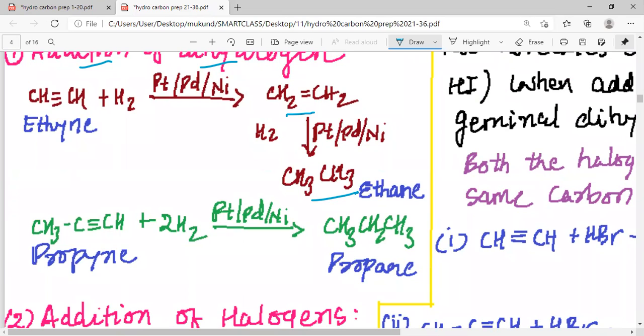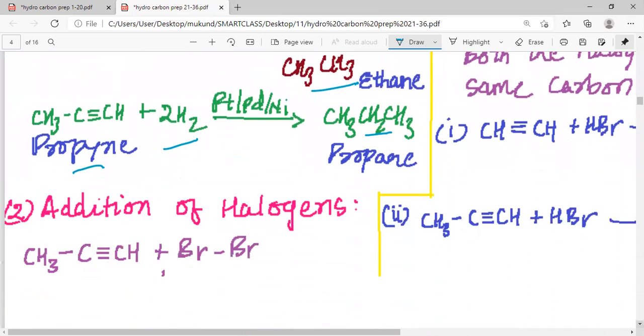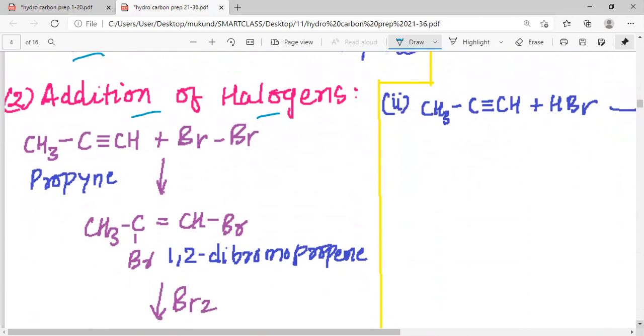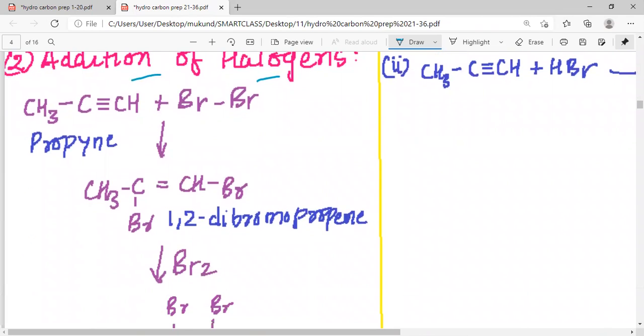In the same way, my dear students, if we have propyne and we allow two molecules of hydrogen to be added in the presence of the catalyst, we get propane as an end product. Now, dear students, we want to study the addition of halogen to the alkyne. So when an alkyne like propyne is added to bromine, we get